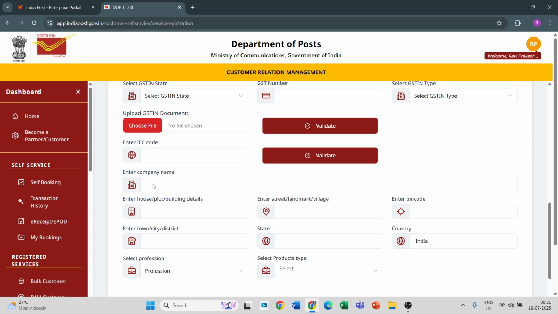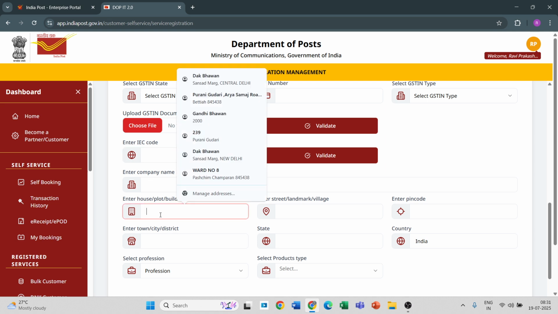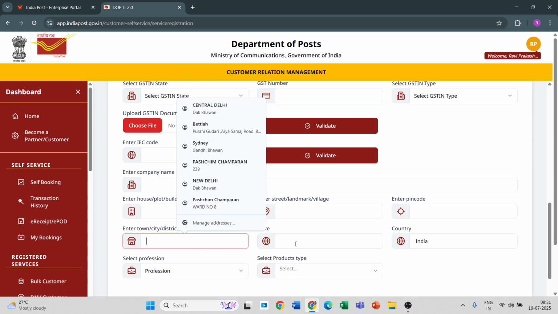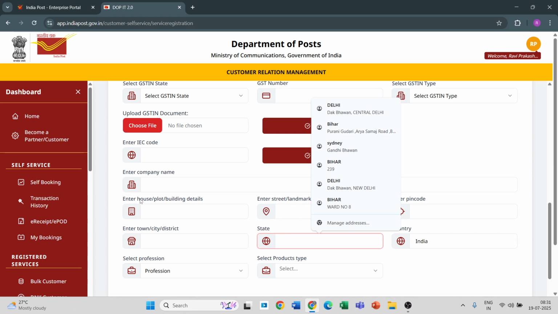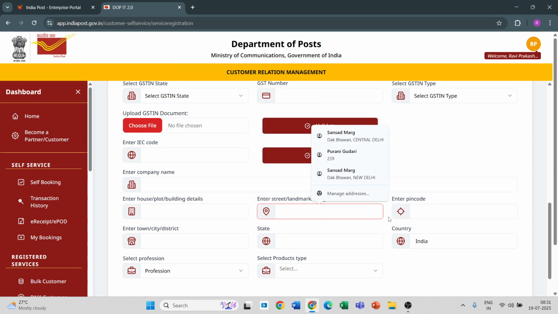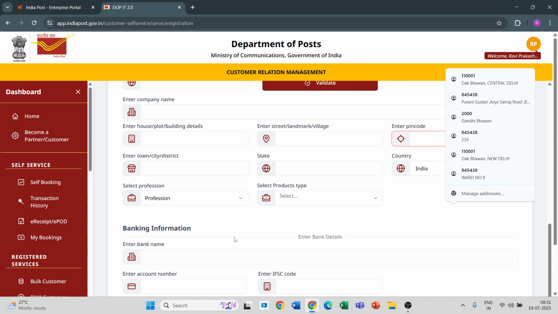Dear friends, here put your company name, then enter your address. Generally this address is fetched by the system from your IEC profile. So once your IEC is validated, all these fields will be automatically filled.